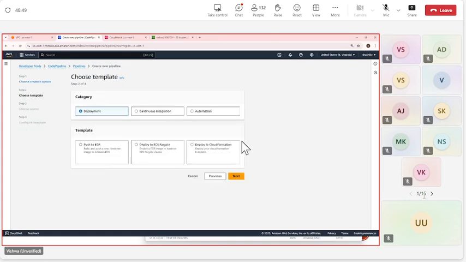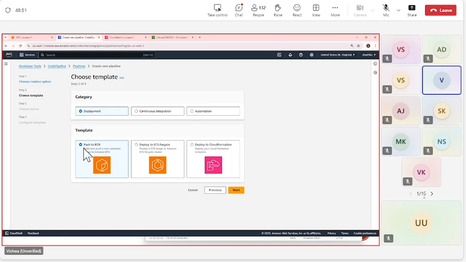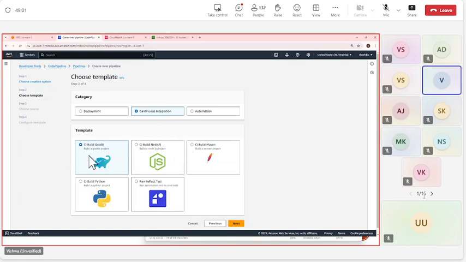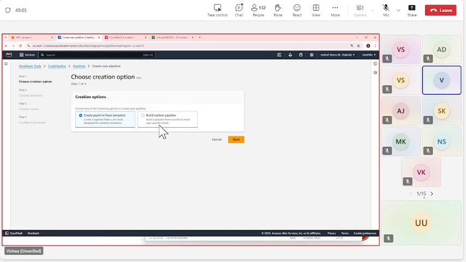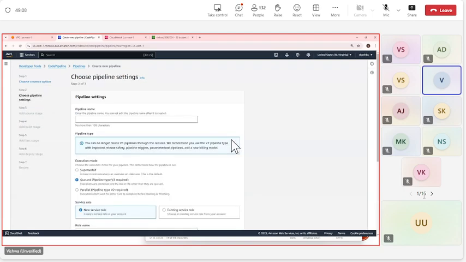So you can also create it from the template. You can say push to ECR, deploy to CloudFormation templates, and all those things you can do. These are predefined. I'm going to create it from custom build, from scratch. So I'm going to say pipeline one. Everything is charged. Remember, okay? Everything is charged. Always remember that.